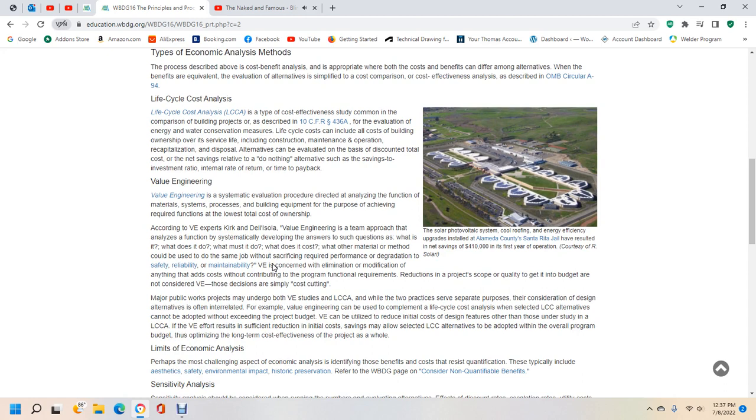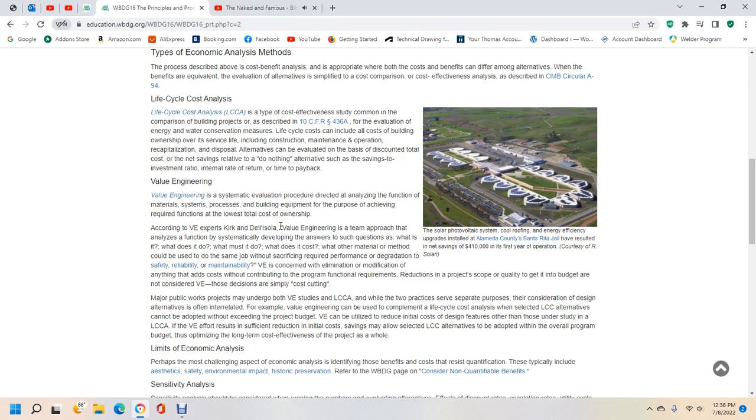Value engineering. Value engineering is a systematic evaluation procedure directed at analyzing the function of materials, systems, processes, and building equipment for the purpose of achieving the required function at the lowest total cost of ownership. According to value engineering experts Dell'Isola and Kirk, value engineering is a team approach to analysis of function, systematically developed to answer such questions as: What is it? What does it do? What must it do? What does it cost? What other material or method could be used for the same job